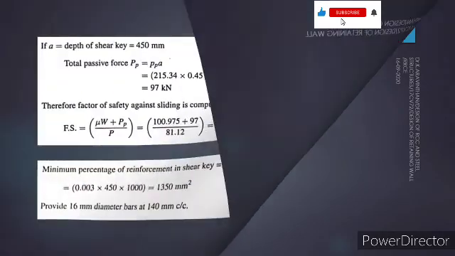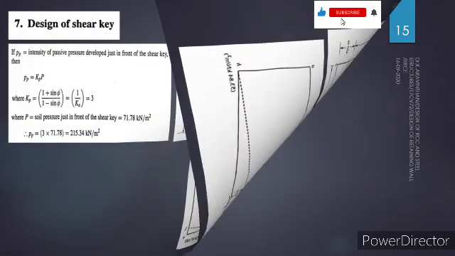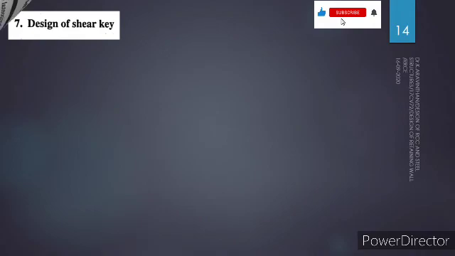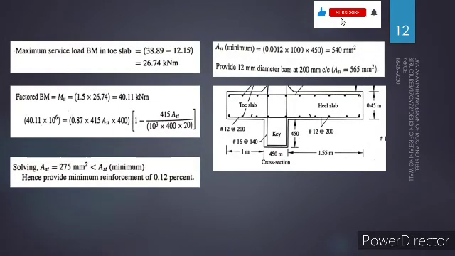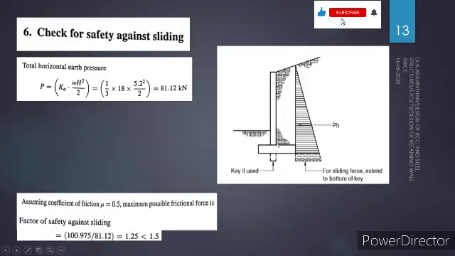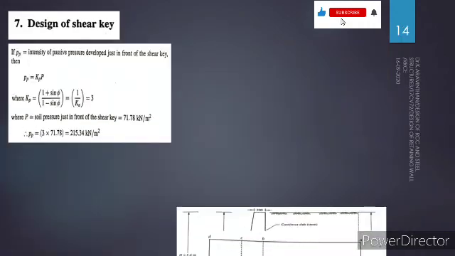And what you have done, I will show here. Yes, you have provided a shear key here, which has a depth of 450. This is why you considered this 450, in addition to the passive earth pressure. So the reinforcement also we have found out. Let us go to the last procedure.